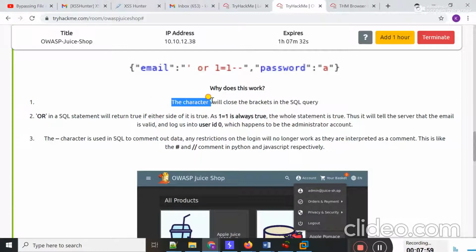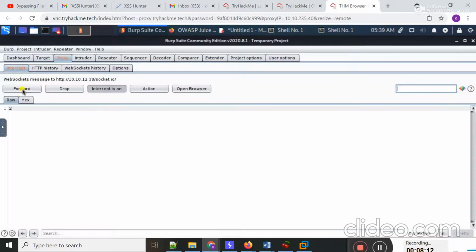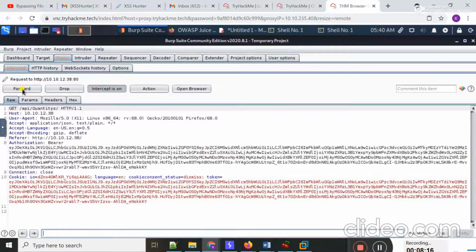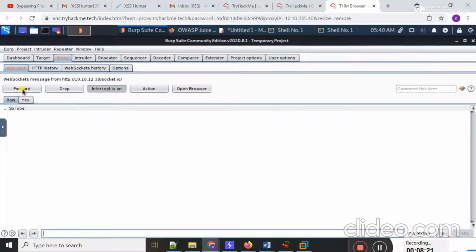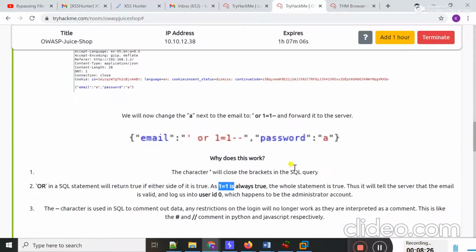Basically, the single quote character will close the brackets in the SQL query, and the SQL statement will return true if either side of it is true, as 1 is always equal to 1. Basically, when I put this in the payload, that is OR 1 equal to 1, it means this is a true condition.